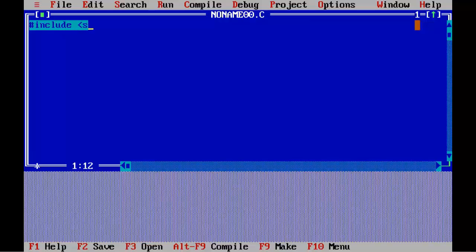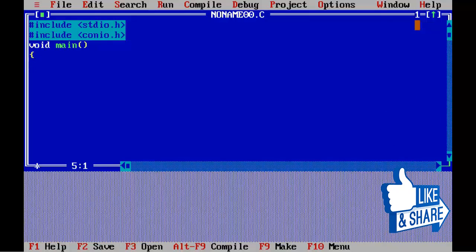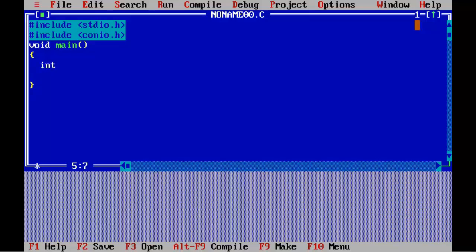#include <stdio.h>, #include <conio.h>, void main() { }, int noc; // number of characters. noc = printf("Spiderman!");